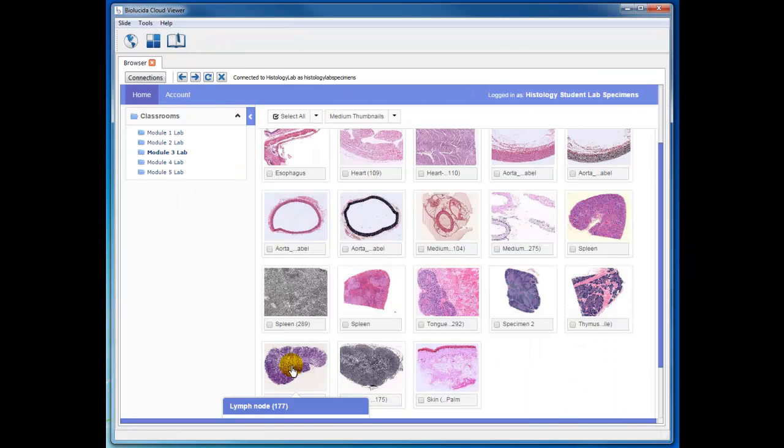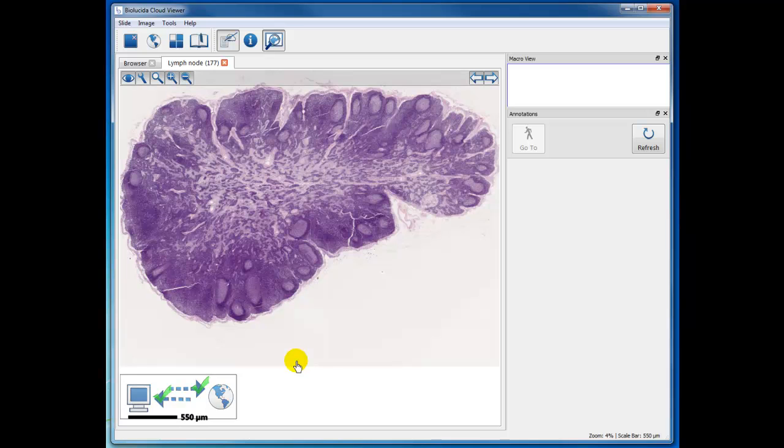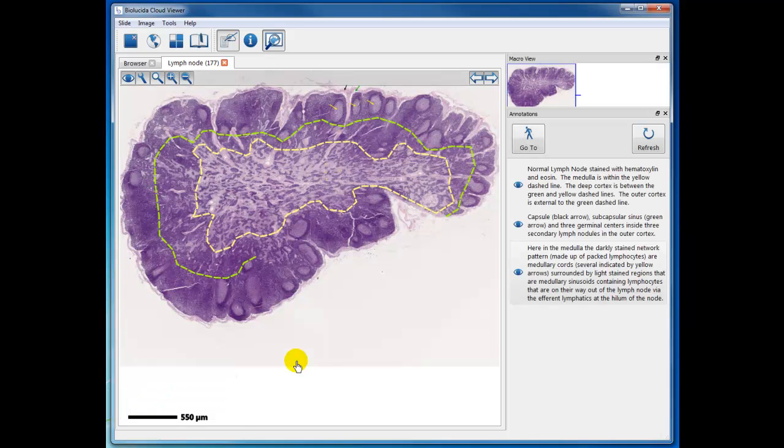So we're going to do the H&E stained lymph node and the silver lymph node in this video. So first the H&E stained lymph node, and you can see right away that it's very blue, but the center is a lighter blue because there's a less density of lymphocytes. While there is some eosin staining of the connective tissue capsule around the edge here,